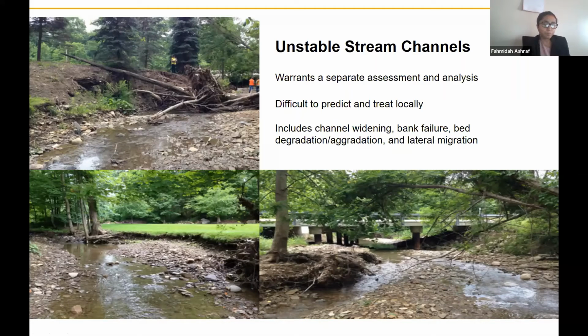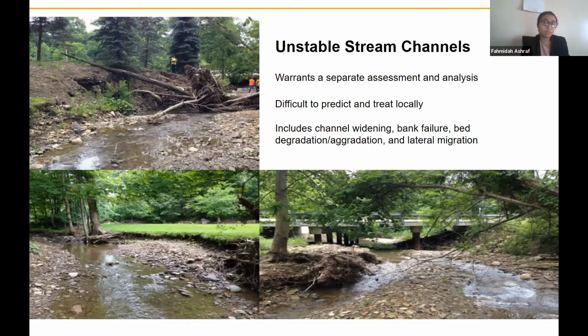So no alluvial channel is actually stable in a sense that no change occurs. Rather, there are degrees of instability depending on rate and type of channel change. For example, we have aggradation, we have degradation, channel migration. This instability can occur for changes in base level, hydrologic conditions, anthropogenic changes, or any kind of natural disaster.